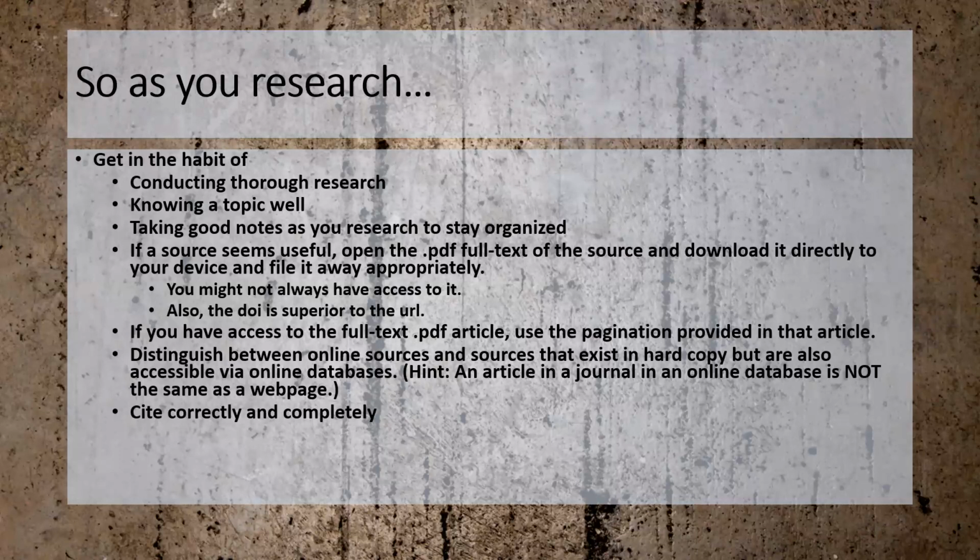I personally don't see the value in them at all, because if you ever use a citation builder, you still have to go back and double check the results, or else it's going to be incorrect. Almost 100% of the time, I can immediately look at a citation from a student and say, it's wrong. And I know why, because you used a citation builder and you didn't double check. To me, it just seems easier to use the citation guidelines I provided you on Sakai, and I've provided you links to the citation guidelines from the Writing Center and the UNC Libraries. Use those and just carefully construct your citations.